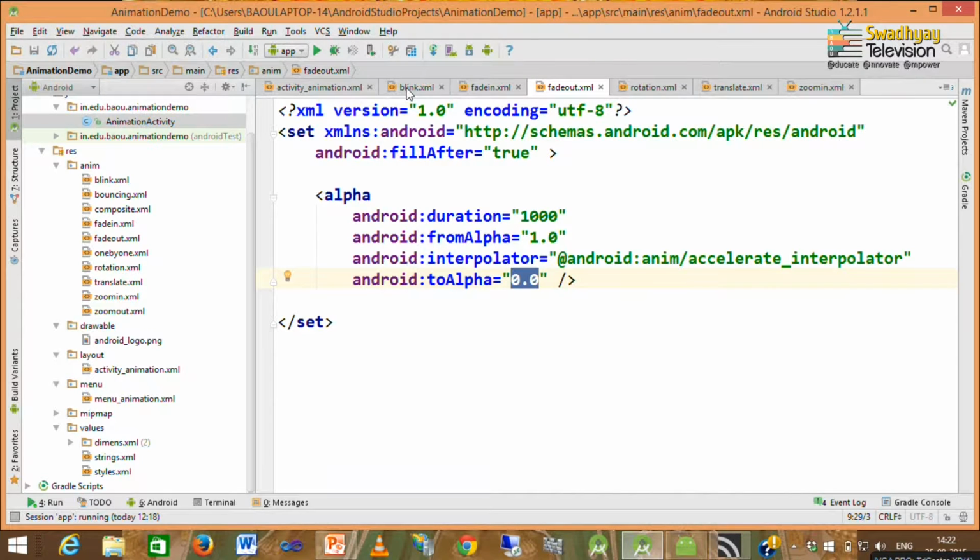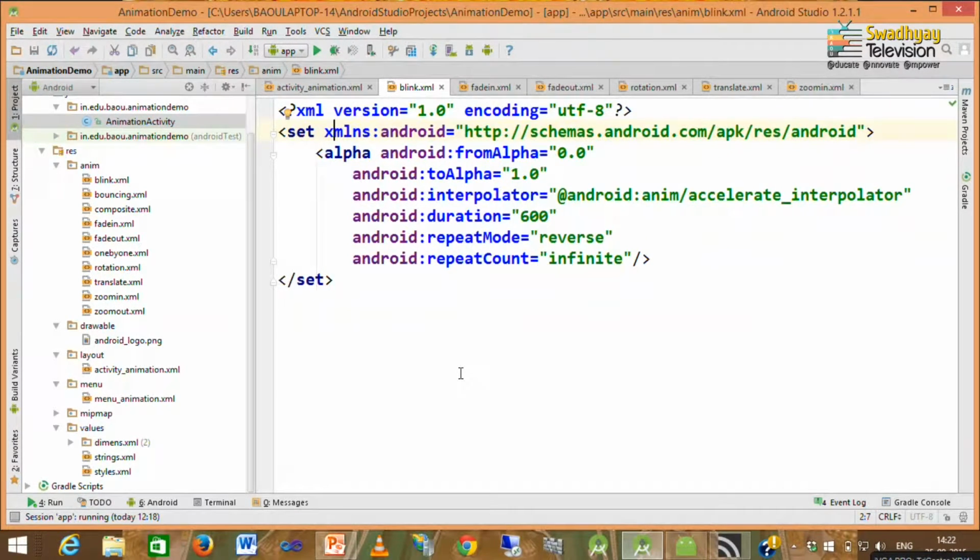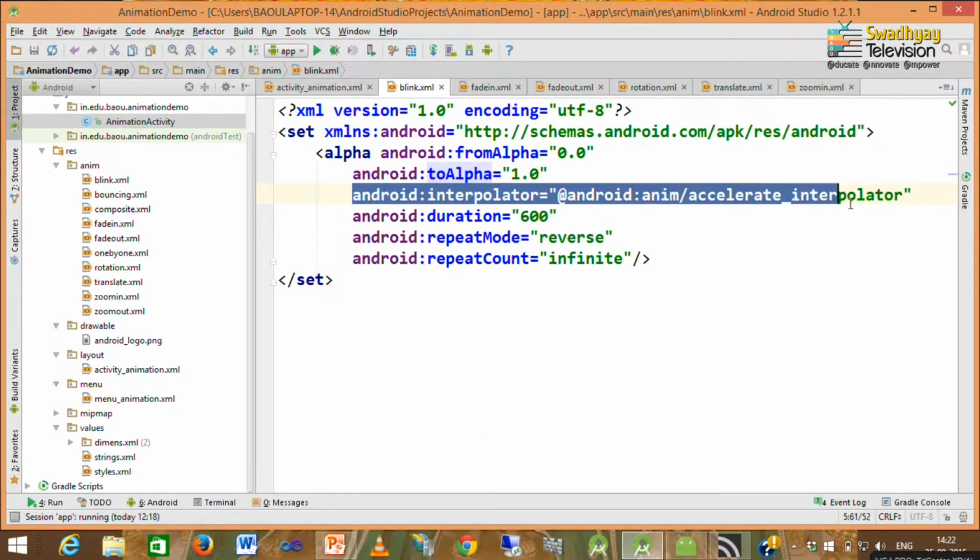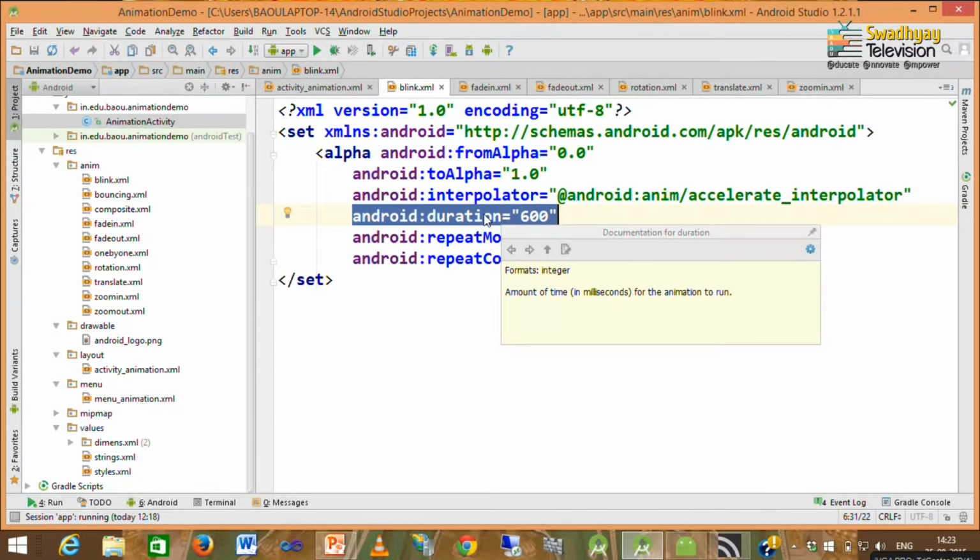Next is the blink animation. Now, blink animation can be done by fade in or fade out in a repetitive manner. So, here I set fromAlpha 0 to toAlpha 1, the interpolator I have set as accelerate interpolator, and the duration is in milliseconds.